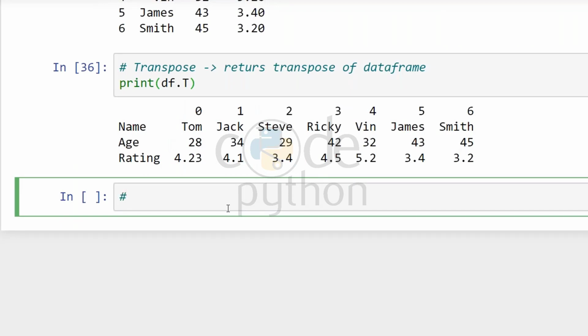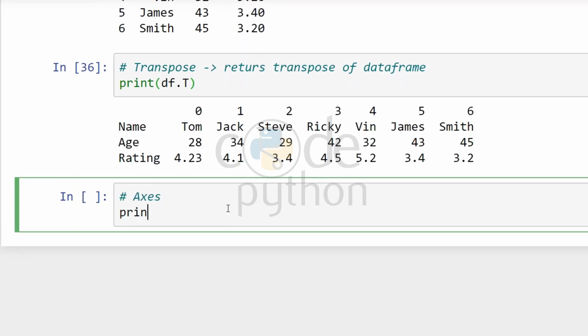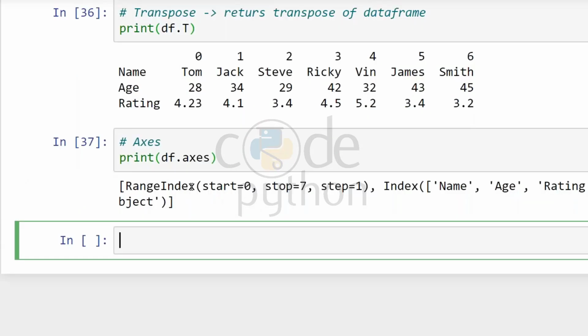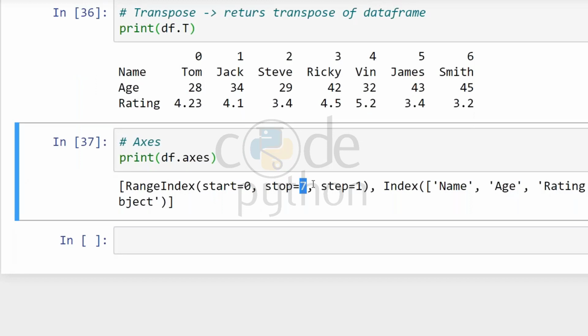If I want to print axes, all right, print df.axes. You can see there is a RangeIndex 0 to 7 increased by one step. Columns are name, age, and rating, and the data type of the total is object.